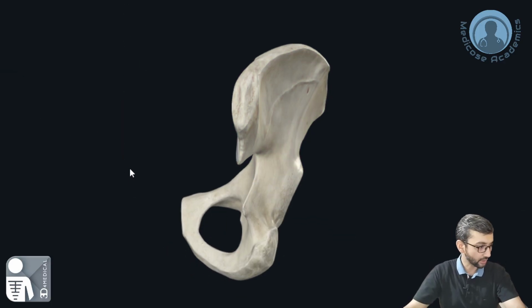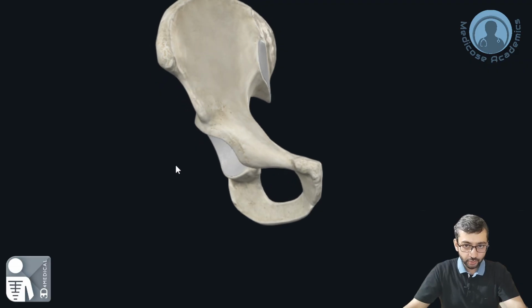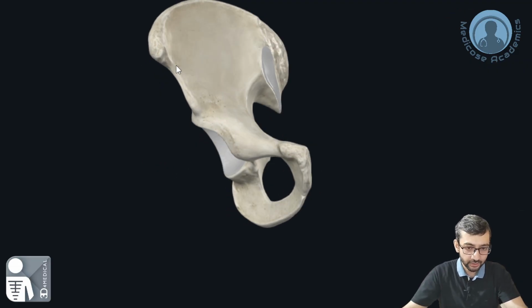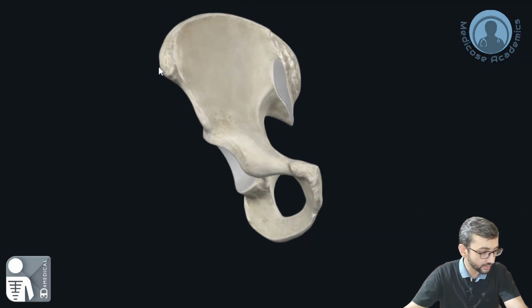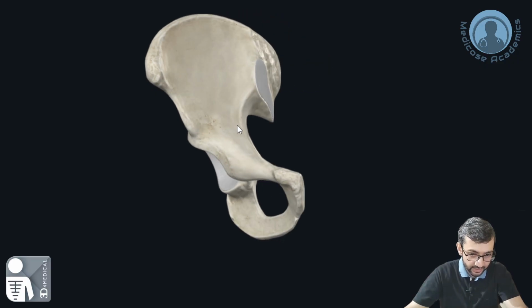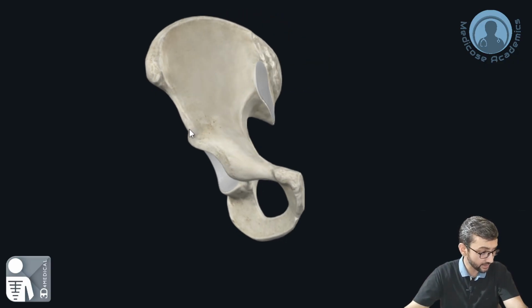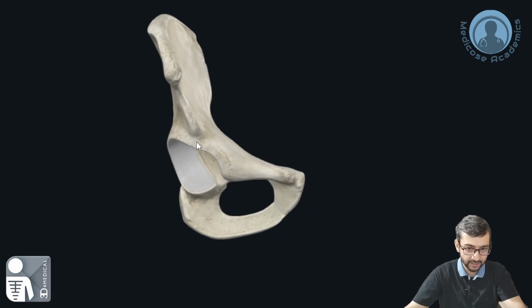So we are again back on the hip, and now let's look at the borders in a little more detail. This was the anterior border, and the anterior border started with the anterior superior iliac spine, and then there is a concavity, a notch here, and then this notch brings it to this point, called the anterior inferior iliac spine, and then we get this relatively open or expanded part that is just above the